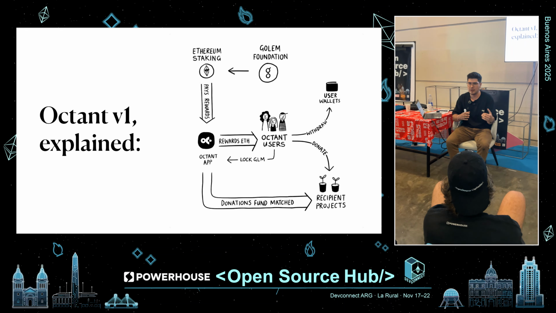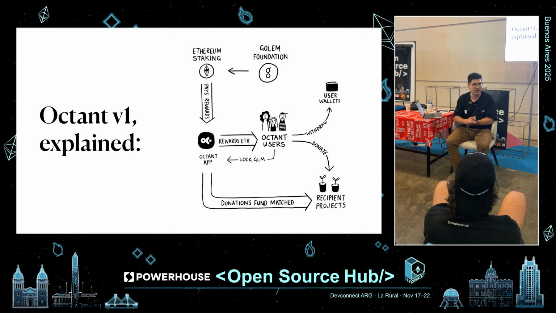Instead of favoring a project that receives a big amount of donations, it favors projects that receive donations from a larger number of participants. So a project that receives 100,000 in donations from a single party receives a lot less matching funds than a project that receives 100,000 from 100,000 different people, each donating $1. So that's basically it in a nutshell. We can clarify that later, but